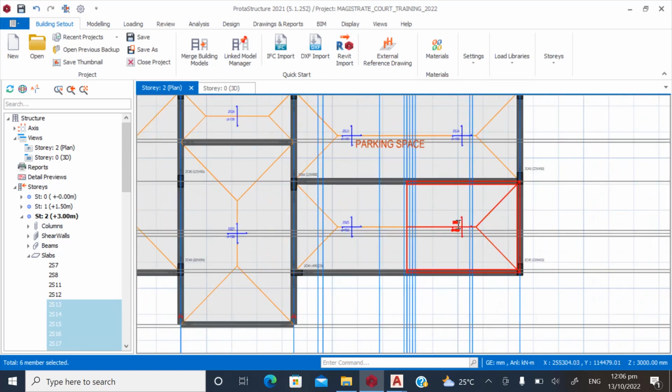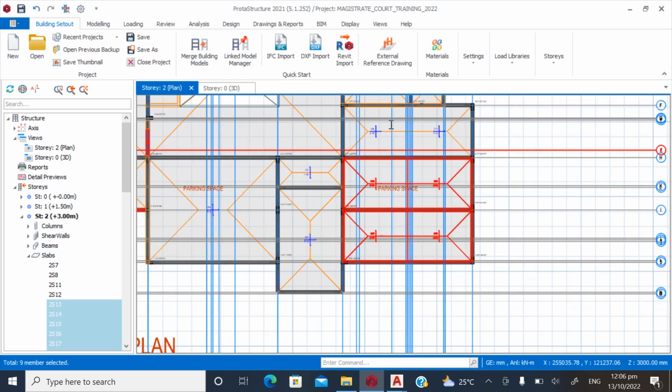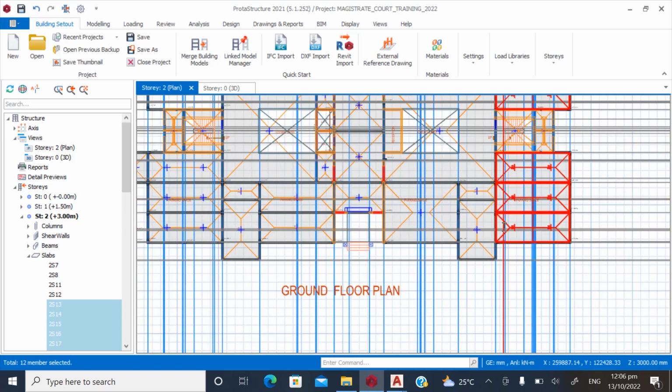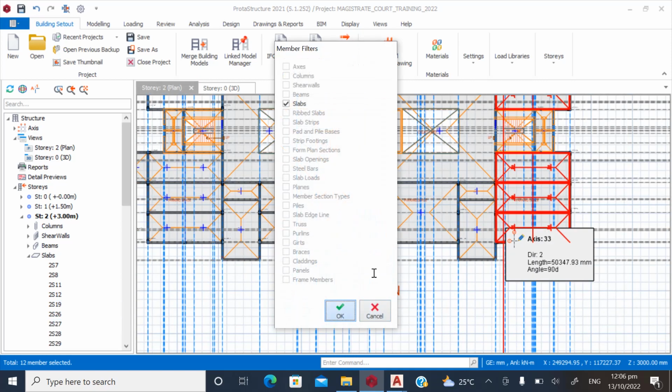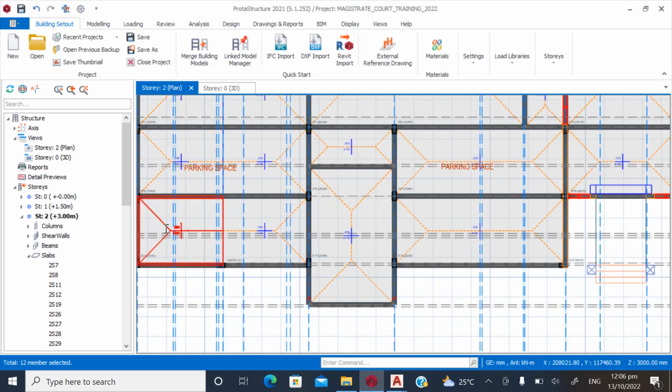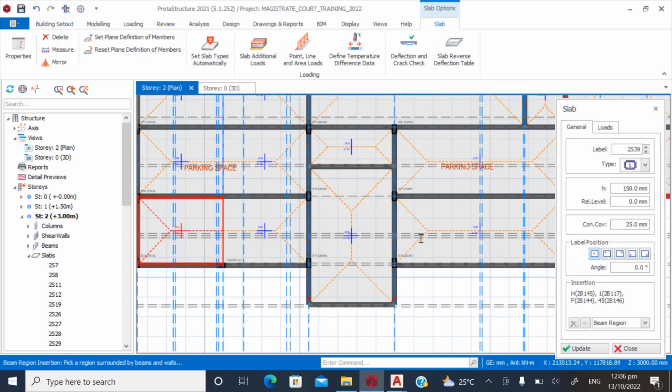The same thing here. Press delete on the keyboard. Alright, the same thing here. Let's delete